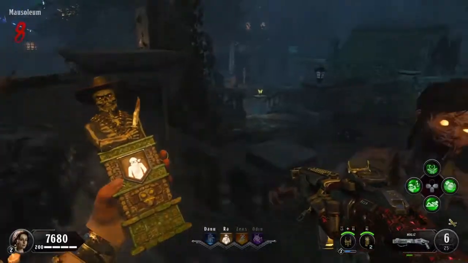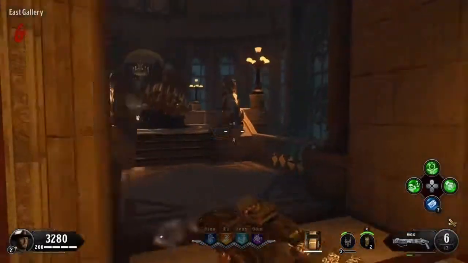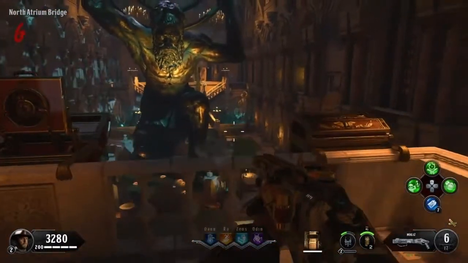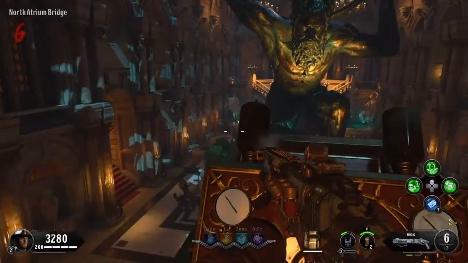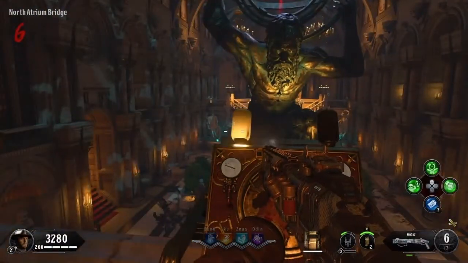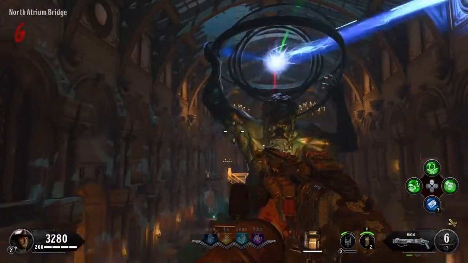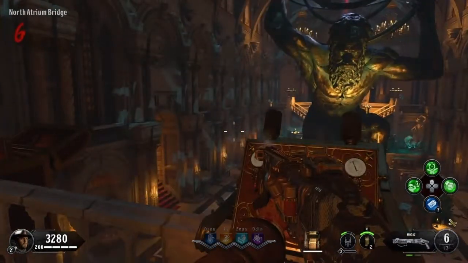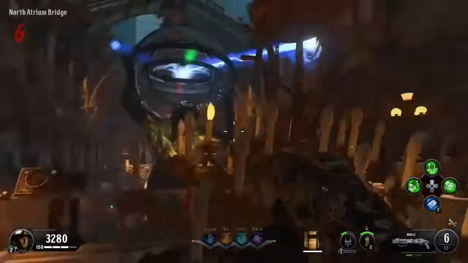Now head to the North Atrium Bridge for the next step. Now what you have to do is come up here and interact with these 3 dials here. If you do it a specific way, it's really not hard. You got to start in the center and just go left, hitting left every time until you line up the first beam. Once the first beam's lined up, and you'll know because it'll give you a sound, and if you look up there